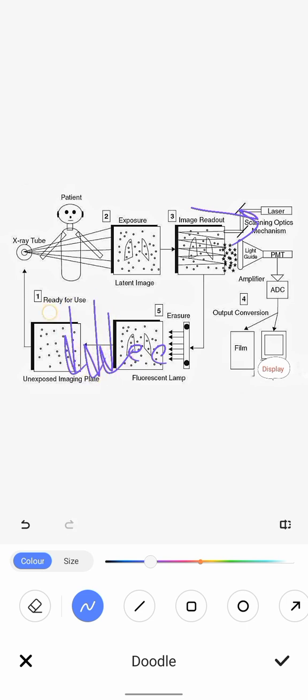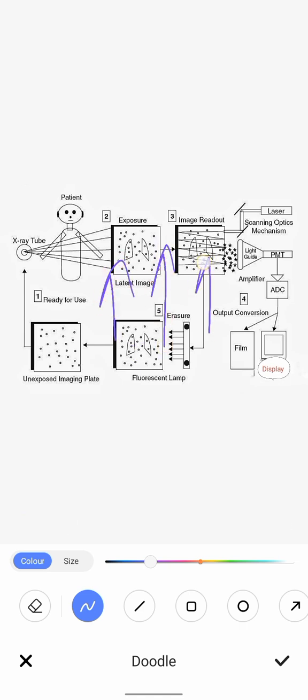Okay, the majority, more than 80%, or we can say more than 90% of the electrons from the photostimulable phosphor are coming to the ground state after exposure to the laser light. But the remaining electrons, the rest of the electrons which are still in the excited state, we will expose